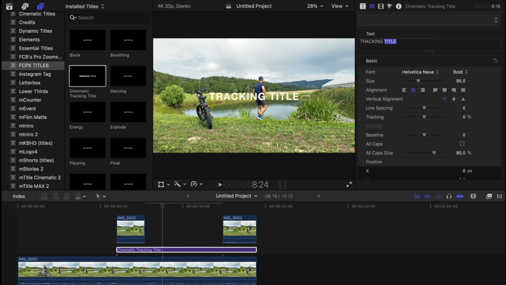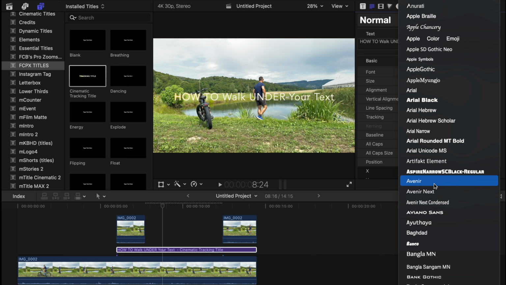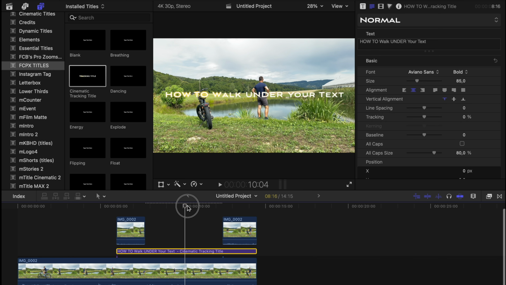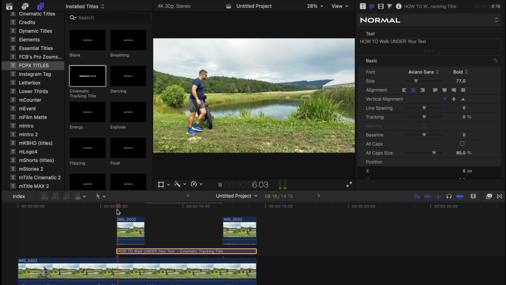We also need to type the text and select your font. You can play with these settings how you want. Make it a little bit smaller. Yeah, just a little bit smaller, like so. Now let's see what we have for now. Okay,